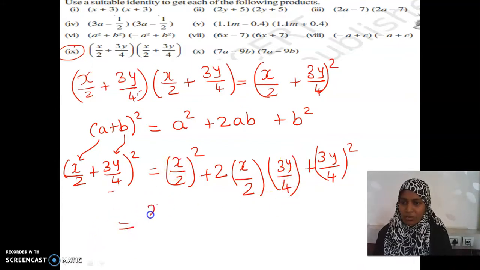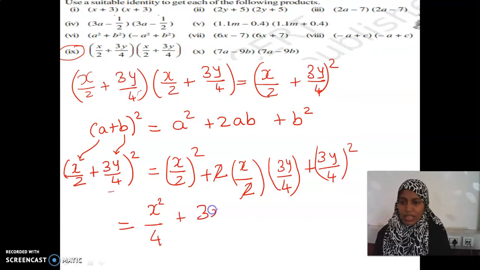It is x square by 4. 2 2s are 4, twice, 2 into 2. Here, these two get cancelled. So, we will have x into 3y as 3xy by 4. What about